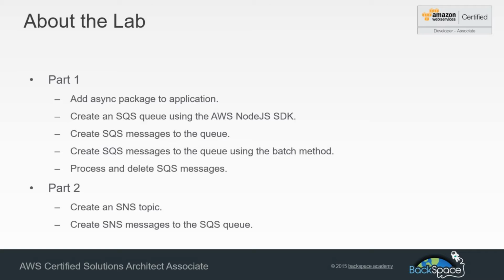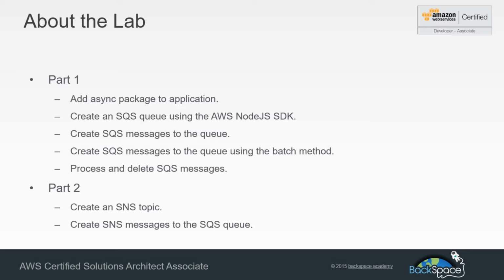And the reason we're going to do that is that we want to be able to fire off multiple requests to our AWS SQS service and take advantage of JavaScript's asynchronous nature. So we're not going to be waiting for each one of those requests to finish before we fire off the next one. So this is a big advantage of using Node.js or using JavaScript on the browser side. So we'll look at using the async package, which makes life a lot easier as far as keeping track of